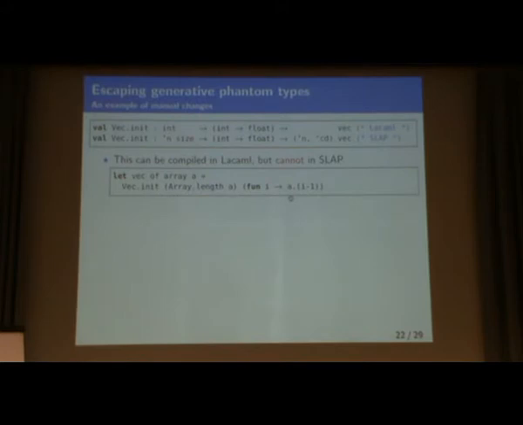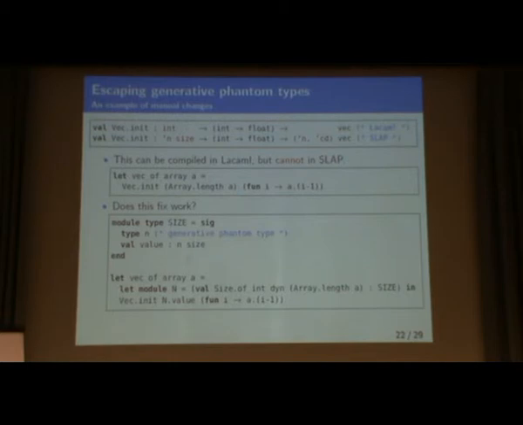And the manual changes, so there are a few significant manual changes required. So for example, in some cases, significant changes of the implementations inside the application were required. For example, this function takes an array and returns a vector with a static size information. But of course, the length of the array is dynamically computed.